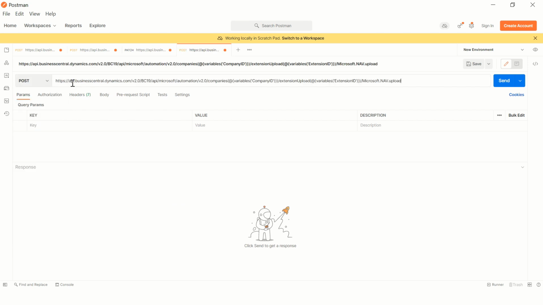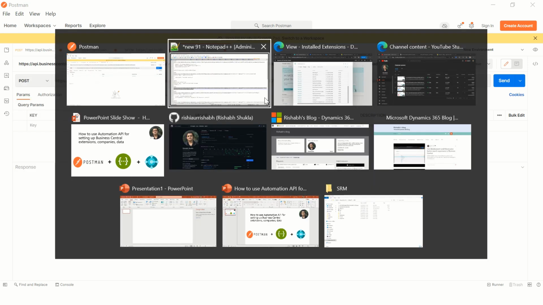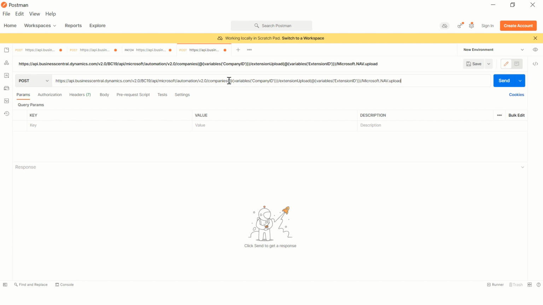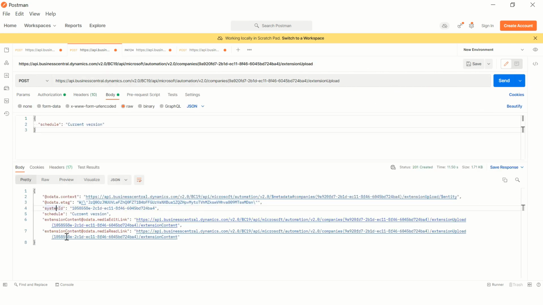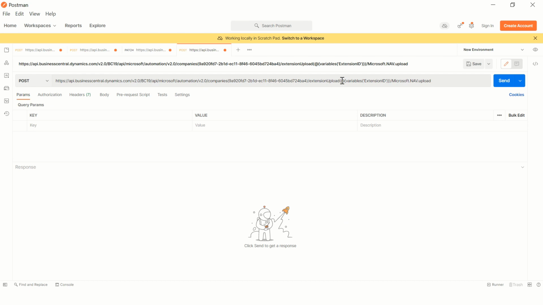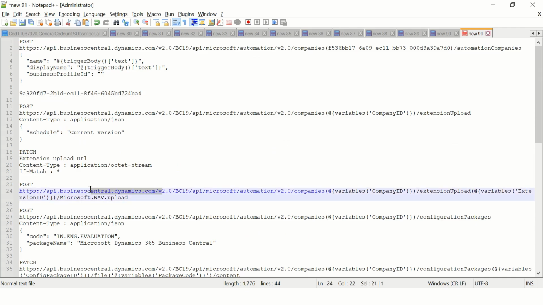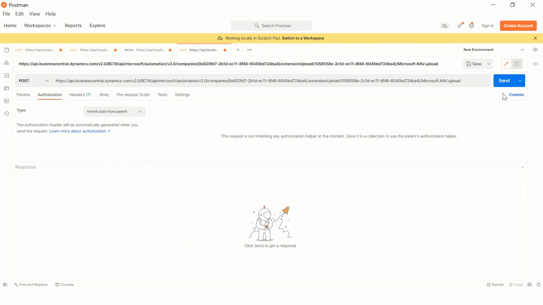So I'll use the post method. I'll paste this, and again I have to use my company ID. So I'll have copied it somewhere. There you go. And then I should have created a variable for this. I don't know why I didn't do that. Okay, so that's my company ID. It will also ask for an extension ID. So the post method that you have called has also given you a system ID for this extension upload. Okay, so I will say post there. All right, so let's just cross check if I don't have anything else. Nope. Okay, if I do send,